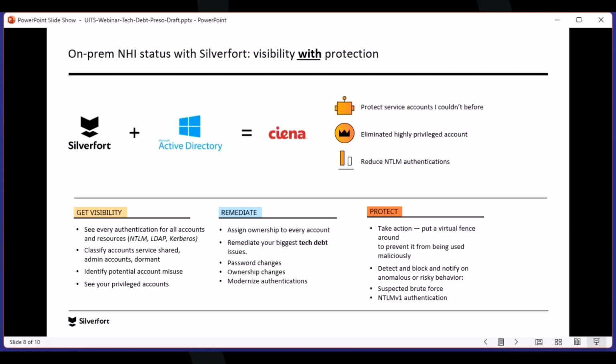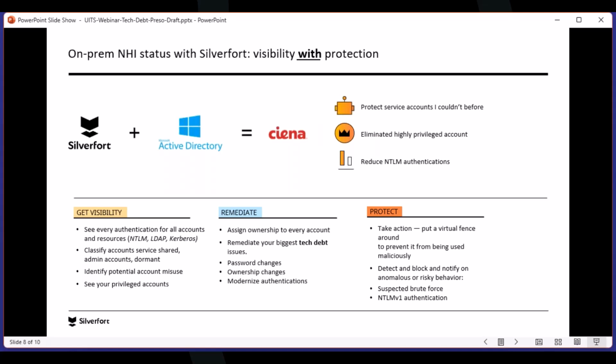And then the last point on the remediate side is to modernize the authentications. This kind of goes back to this idea of application A coming into the company. When we installed it, the defaults were NTLM, and now it supports Kerberos, or it didn't support Kerberos back then, and now it does. You can actually go back to those and say your application is logging in with a legacy protocol and put the onus on the application owner.